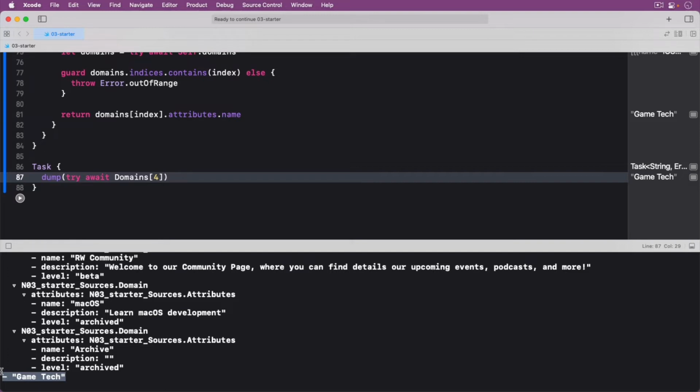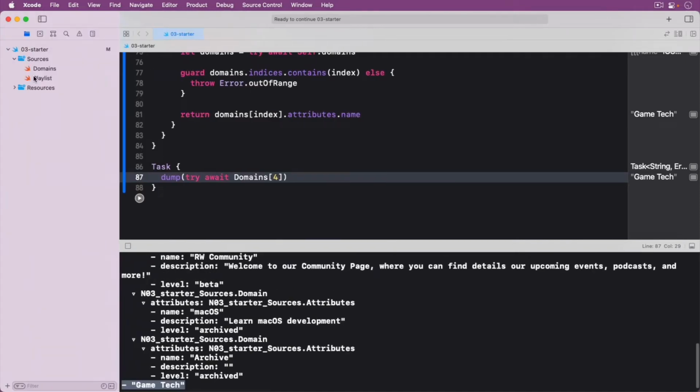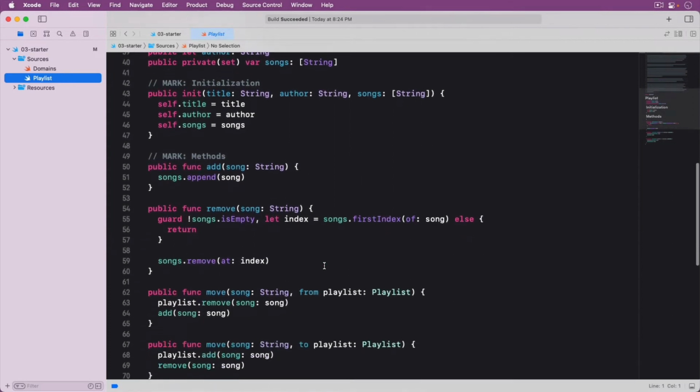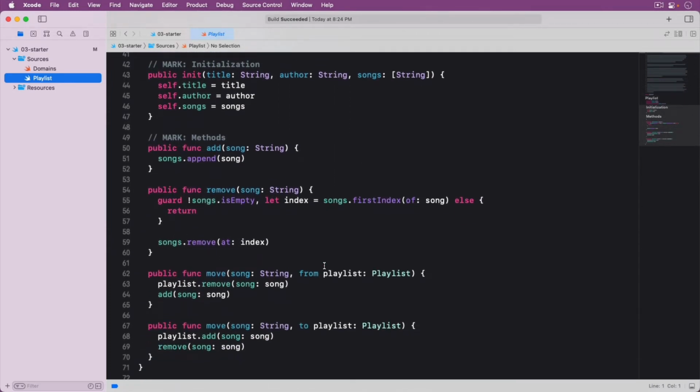Swift concurrency includes the actor type that can help with this type of problem. In your playground, open the playlist.swift file and take a look at the playlist class. There are 4 methods in the class that can all mutate songs at the same time. These methods are not thread safe, a term often used to indicate they are not safe to use concurrently. Think of the bank ATM example. Your intuition and existing knowledge may tell you to just mark them as async to make them concurrent. But then you'd have multiple tasks changing the state of a playlist